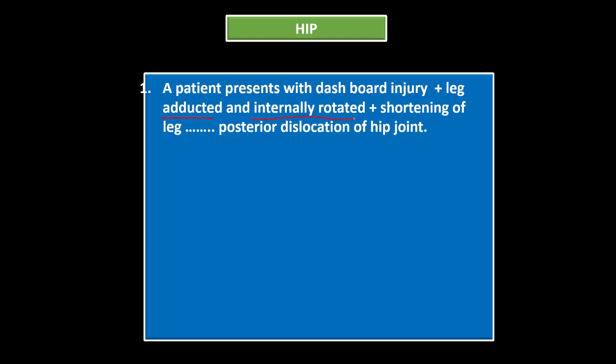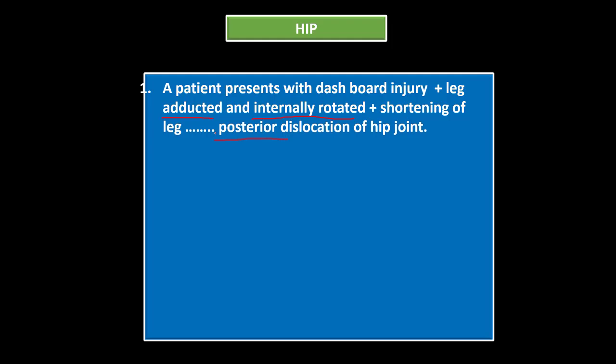So how will you remember this just one day before exams, right? We can make a mnemonic. When legs are adducted, they are close to each other, right? Number one point. The second point is that when something is internally rotated, again it is close to something. So this is the positive sign. When two things are close to each other, there is love. So two things will be close to each other.